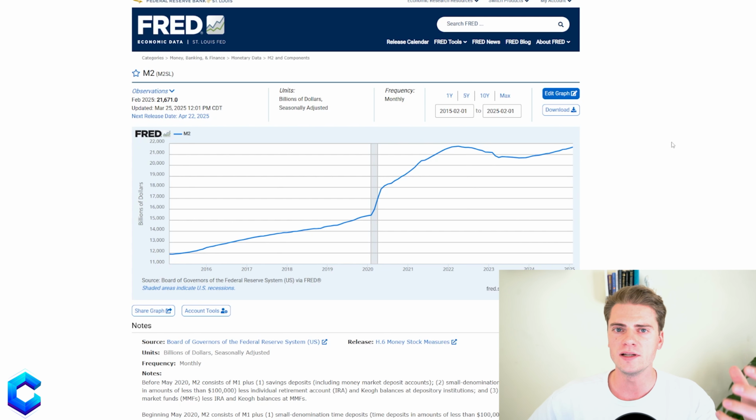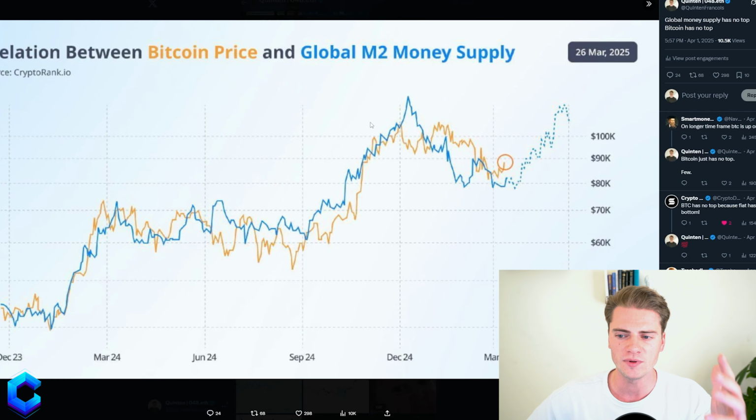That means that liquidity will be increased in the economy. If liquidity is going up, that is really good for assets. It's good for financial markets. But on the longer term, this is really good. With some delay, this is really good for risk assets such as crypto. So we see that, for example, here I posted this